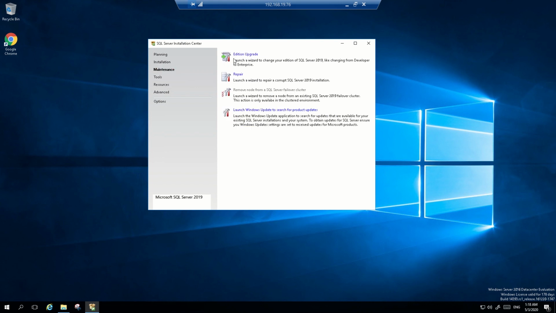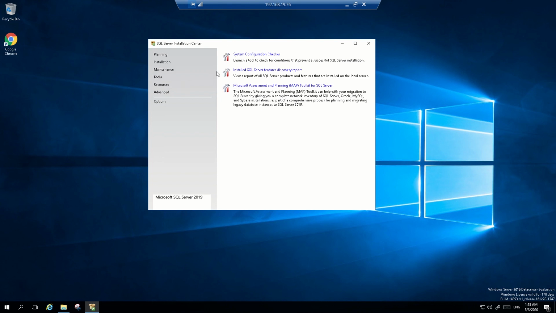Maintenance: in maintenance, you have an option of edition upgrade, like if you want to upgrade your enterprise evaluation to a permanent enterprise license, you can use this option. You can repair it in case your binaries got corrupted. You can use this option to get it repaired.